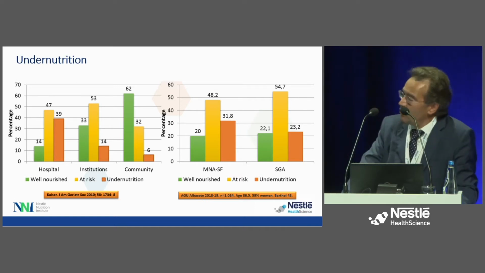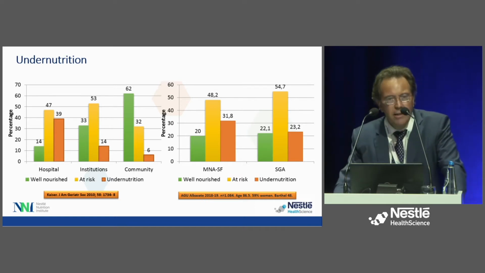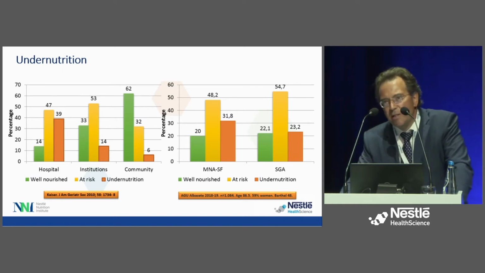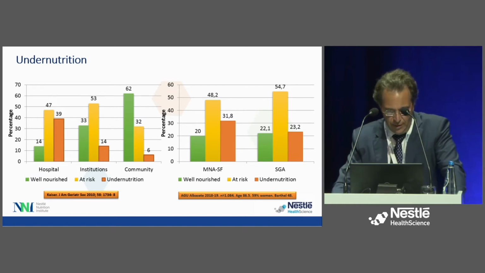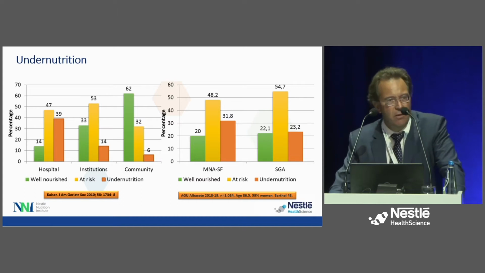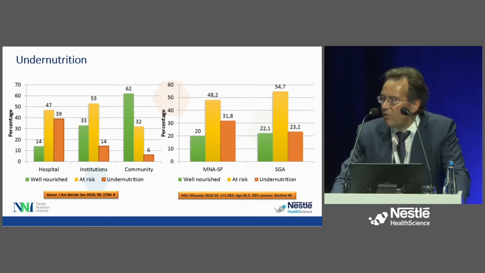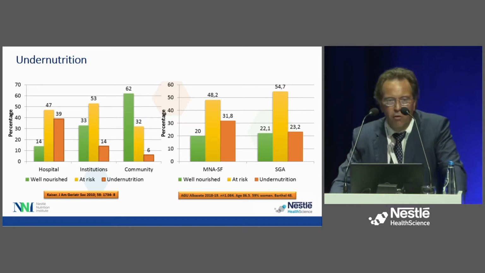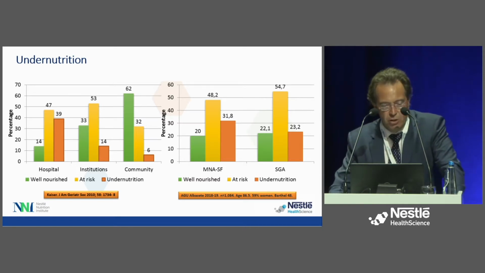And the first one, as you can see here, is undernutrition. In the left panel, you can see a review of 2010, and you can see clearly how only 14% of older adults that are in hospitals are well-nourished. Only 33% of older adults that are in institutions are well-nourished, and 38% of community-dwelling older adults are